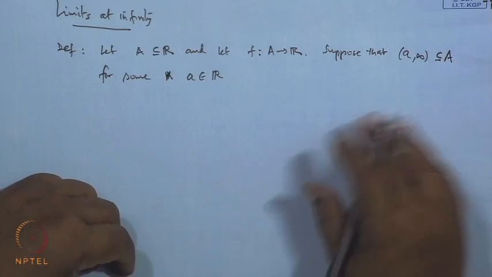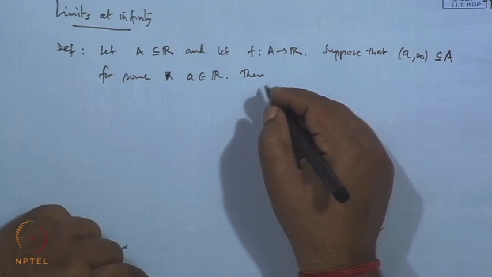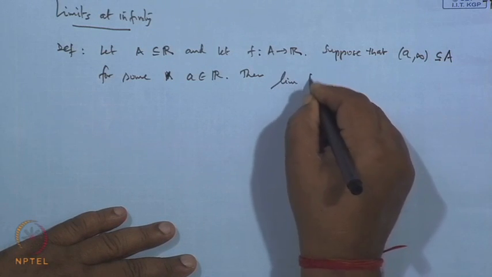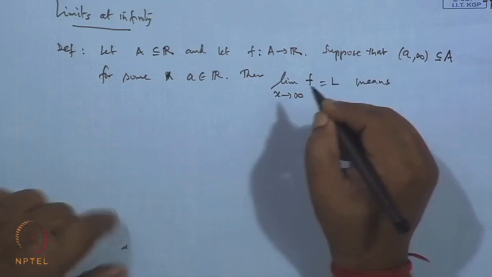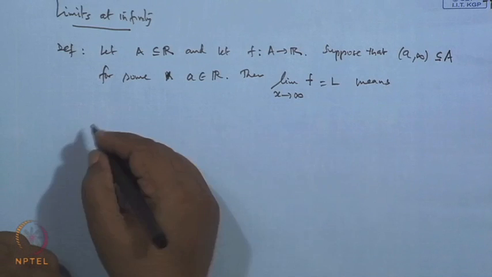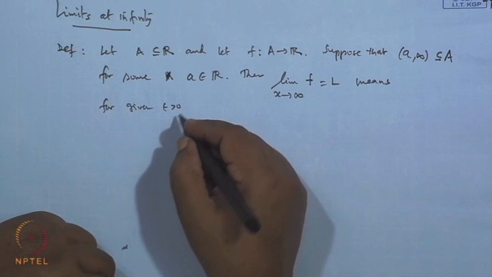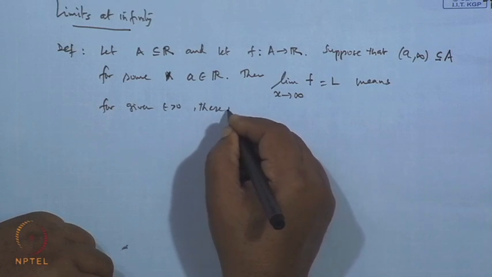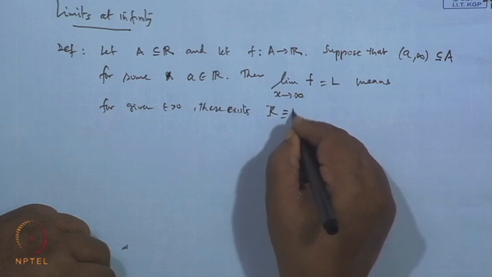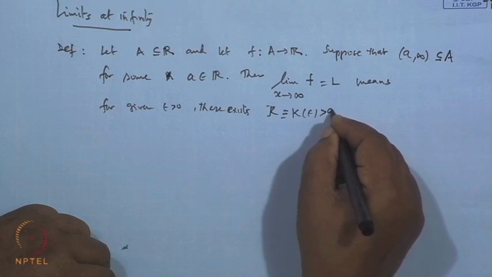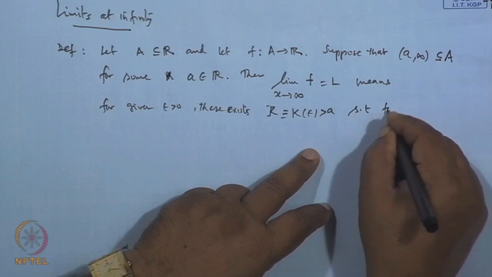Suppose this interval. Then we say the limit of this f when x tends to infinity is L means that for a given epsilon greater than 0, there exists a k, which depends on epsilon and is greater than a number a,